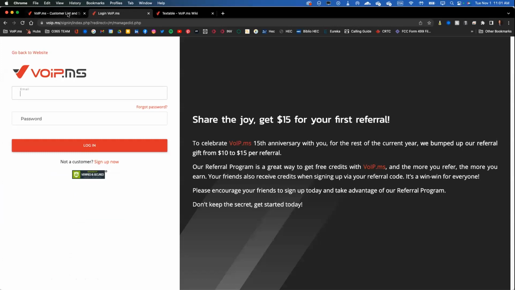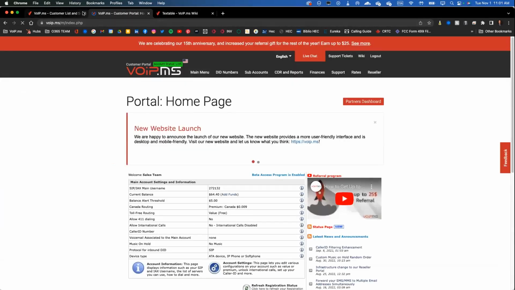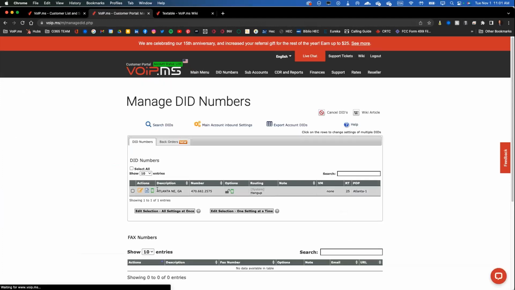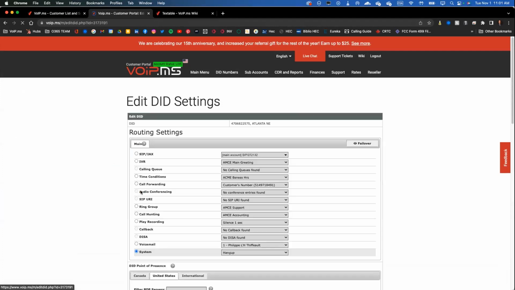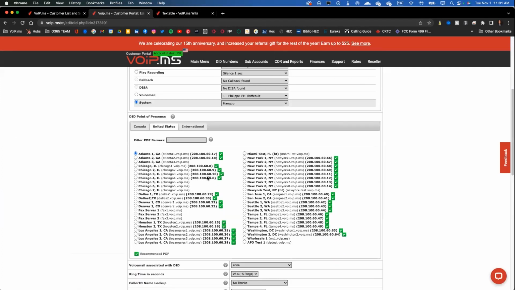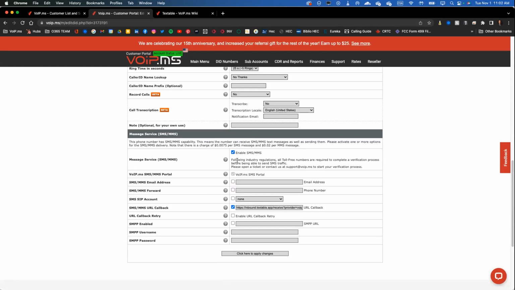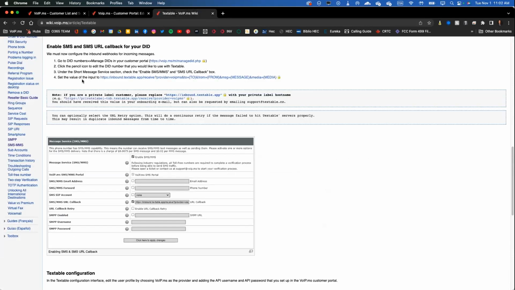After that, the only thing you will need to do is go into manage the DID. Oh, well, you get timed out, I suppose. So you'll have to go into manage the DID and edit your DID. Scroll down below, enable SMS, of course, and after that, you will need to use the SMS URL callback link. It's exactly here.